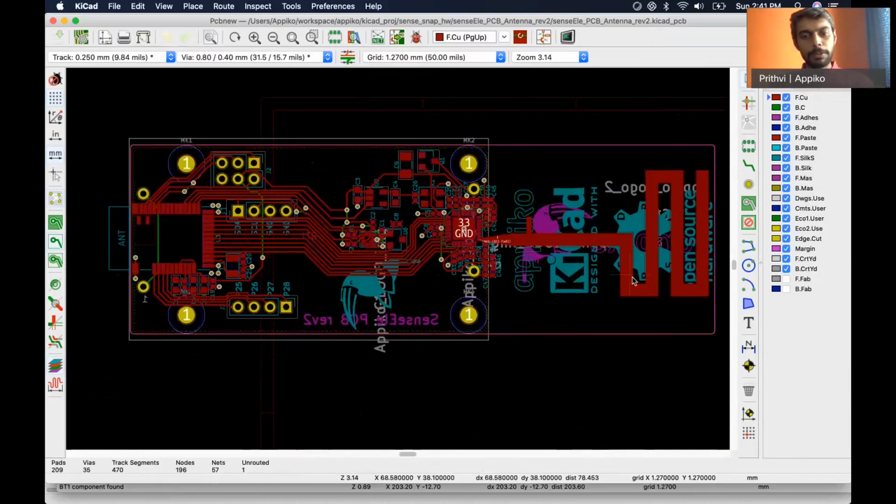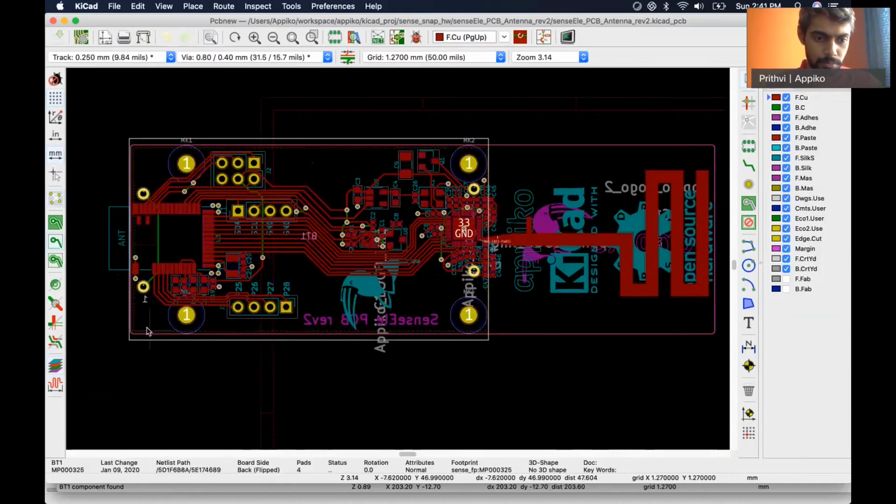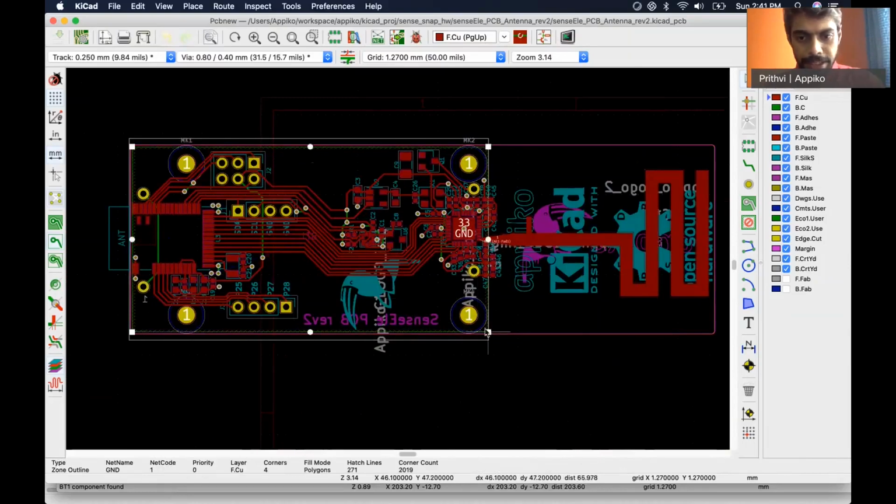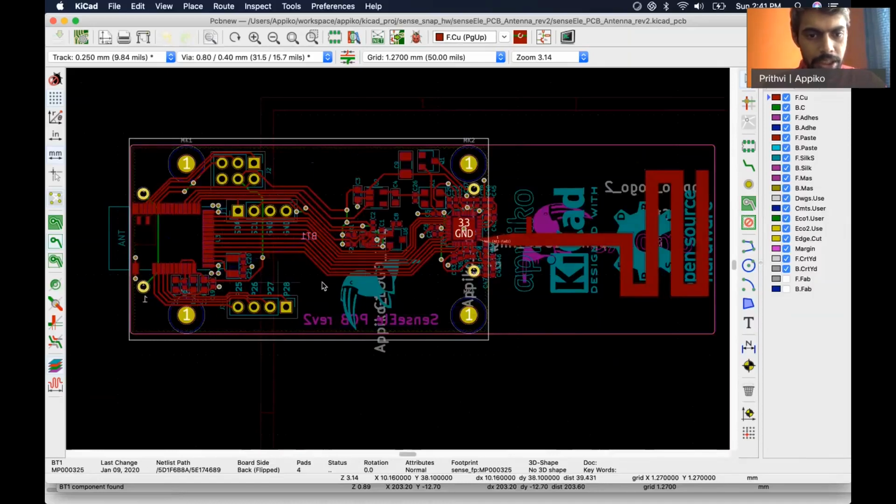Also, for good RF performance, the copper layer had to be about 50 millimeter from the antenna. So that is why we have this much length of the PCB. Otherwise, we could have reduced the distance, which you see here in this portion. So now that we decided on the dimensions of the PCB based on the antenna requirements, we can look at the placement of the other components.